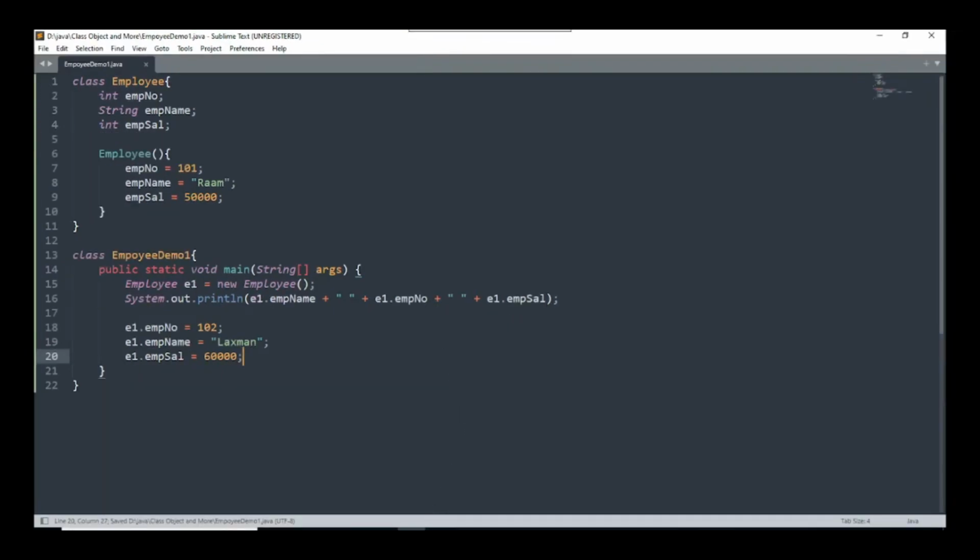So what I have done here is I have changed the value of the object by assigning a new value from the main class. So if you do not want the user to access the variable and change the value of the object, you need to make this instance variable a private instance variable. So we have three instance variables, emp number, emp name, and emp salary. If you create these instance variables as private,